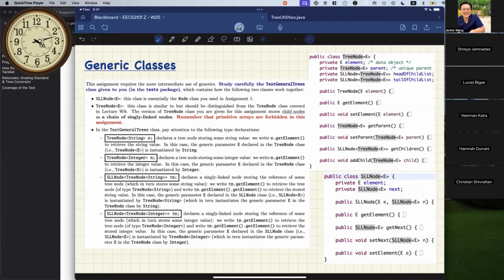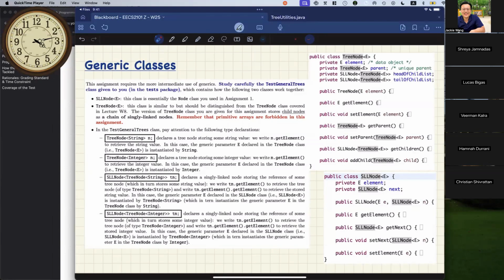So during the test, you can feel free to use any of the basic methods that are given to you. However, you are not supposed to add anything or modify these two classes because when we grade your submission, we're going to replace these two classes in the test package by the original version. So don't really extend it, right? These two, as is, should be enough for you to solve any problem you're given, okay?